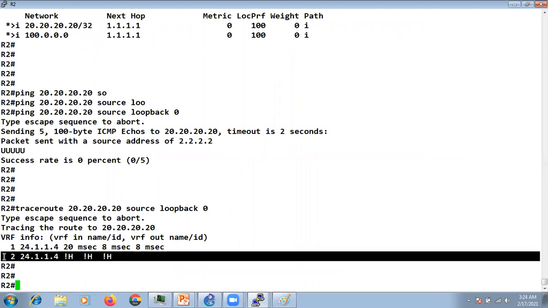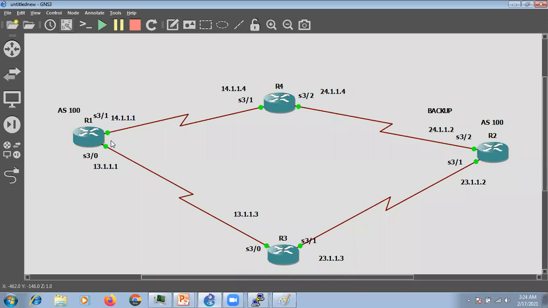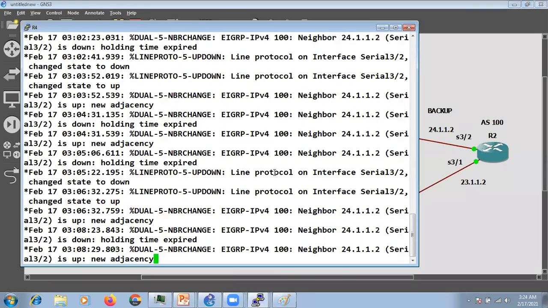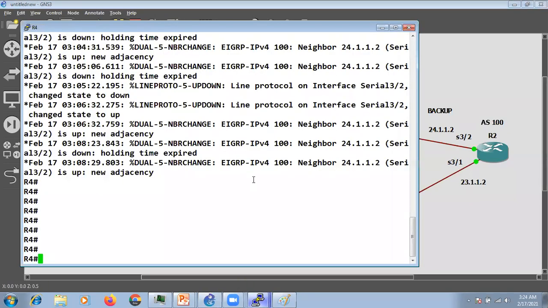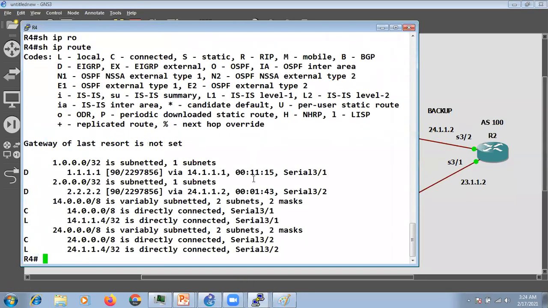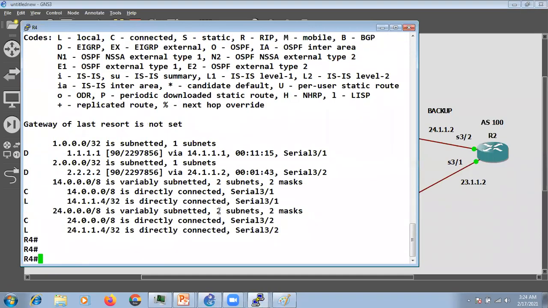R4 is sending the unreachable message, because you advertised the 20 subnet into BGP, and the neighborship is only between R1 and R2. R4 is not a BGP participant; we are running just EIGRP. So R2 will send the traffic to R4, and R4 does not have any route. If I go to R4 and do show ip route, it doesn't have the network of 20.